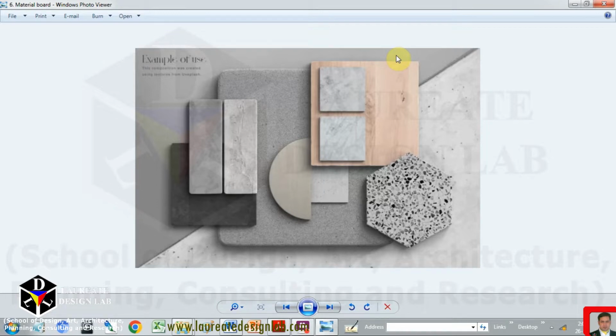Suppose somebody is doing upholstery, so that person will collect all the materials of the upholstery, pasted on a board or maybe any convenient medium, and then send it to the project manager or the client,